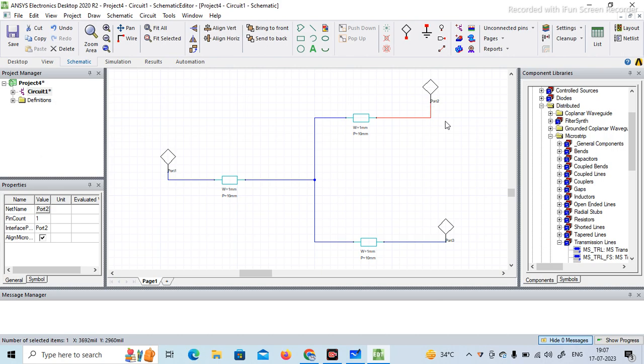Fine. After this, we have to fix the value of width and length of the microstrip lines. In the ANSYS HFSS new version, we can see the W and P. W is the width of this microstrip line and P is the physical length. So for this, we should know the electrical length, and from there we can calculate the length and width of the microstrip line. If we know the impedance, that is mainly going to control the width of this microstrip line. So we know the characteristic impedance of this line and this line.